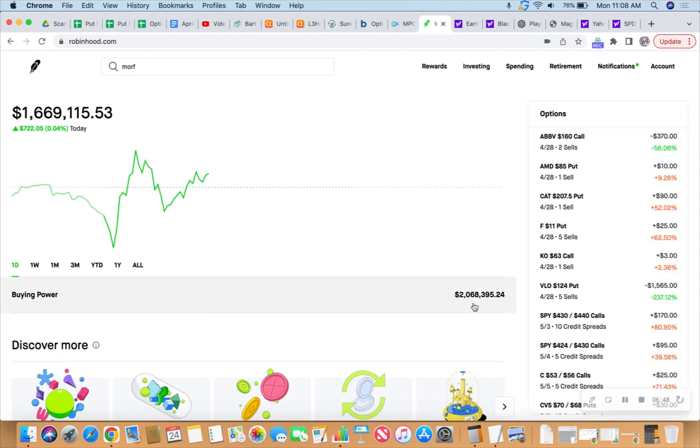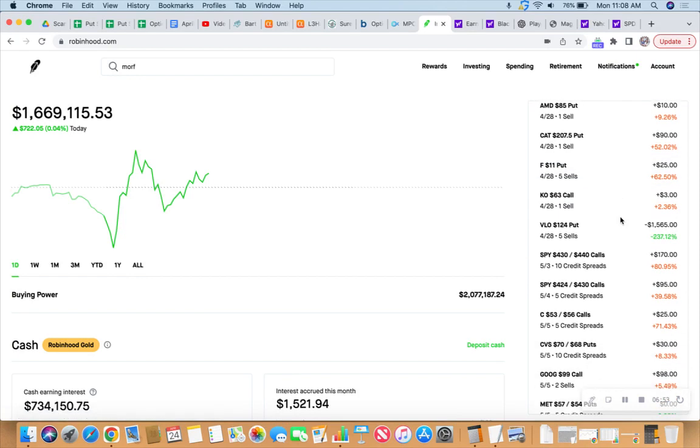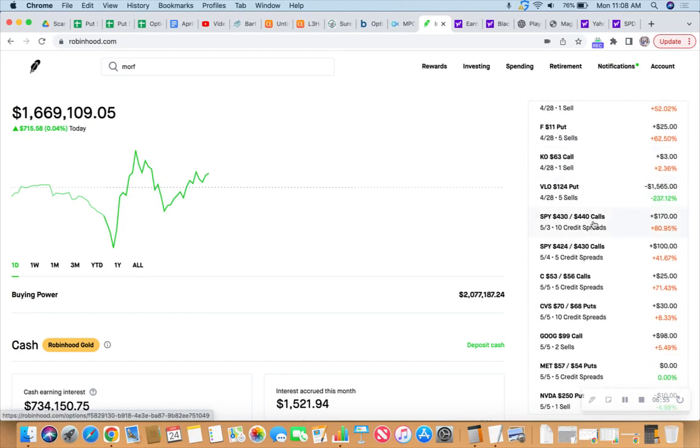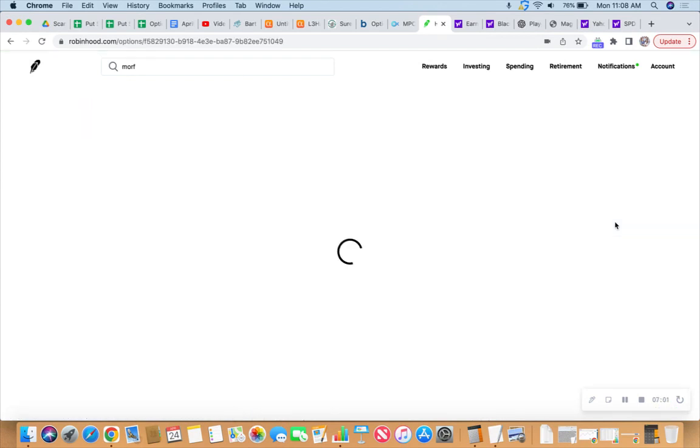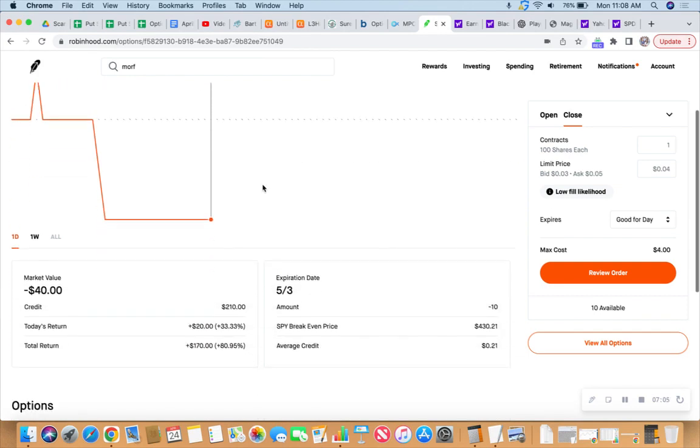A couple more dollar bills into the buying power coming. Okay, so this SPY credit spread is 80% in the profit. I am not afraid to close it out and put the money in my pocket. And we just